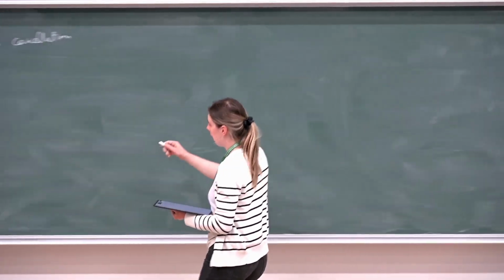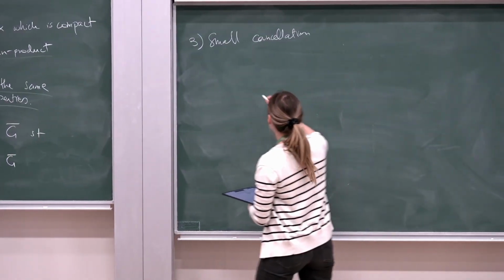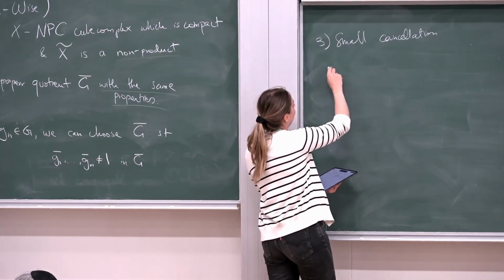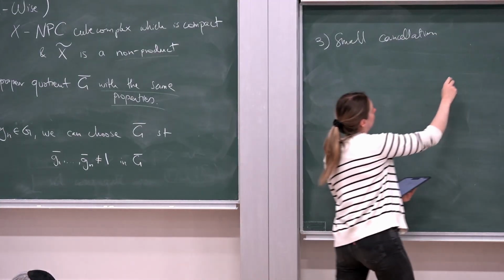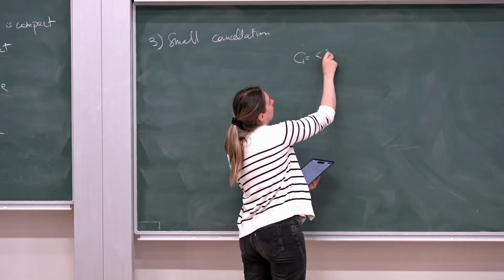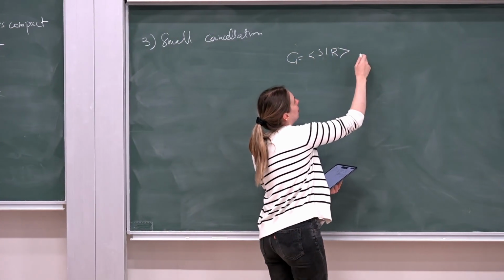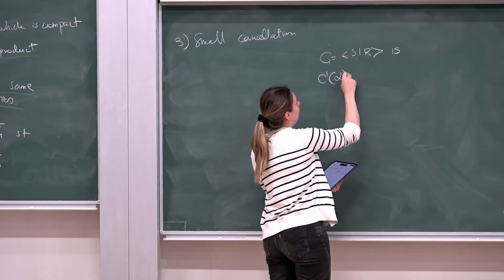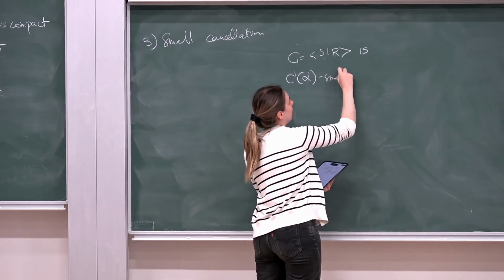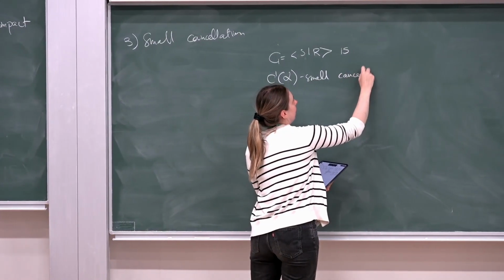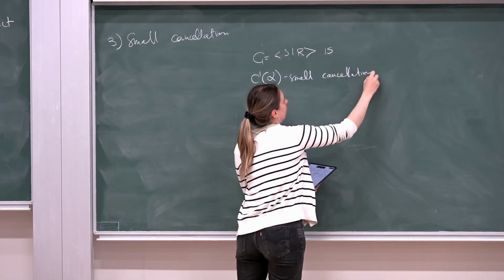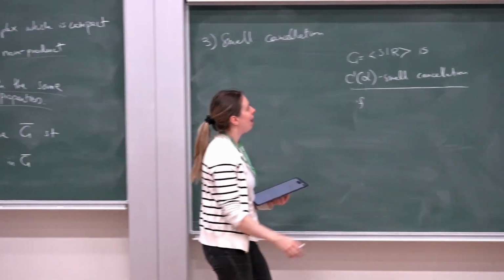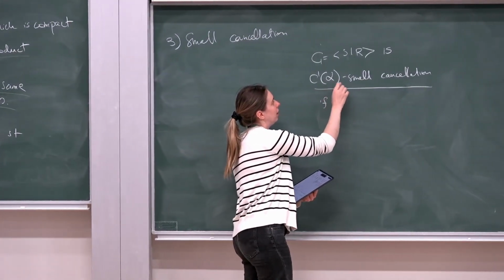We'll again say that our presentation, in the classical case, is C prime alpha small cancellation if, so alpha here is going to be a number